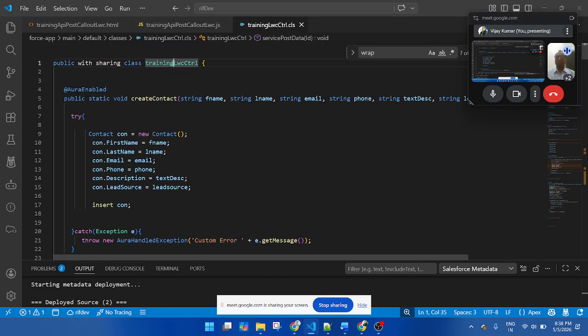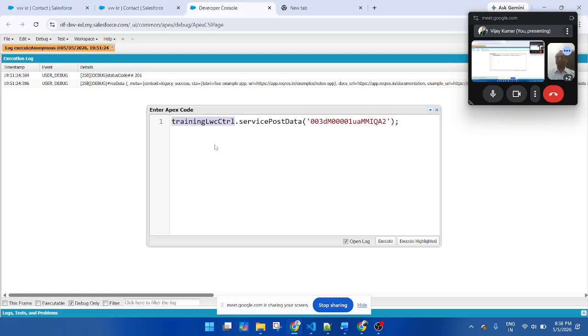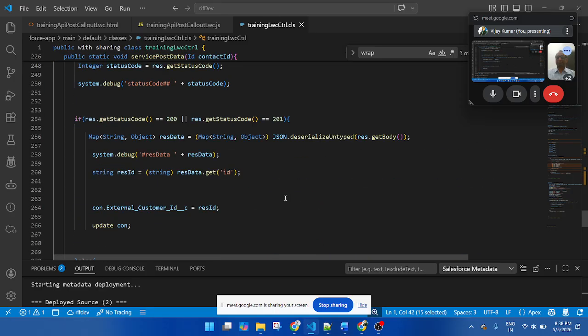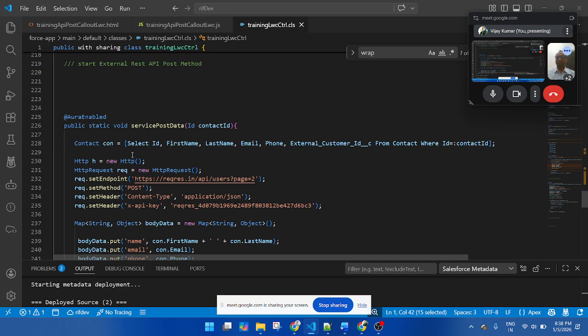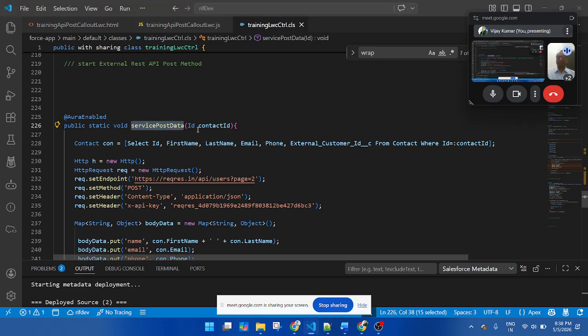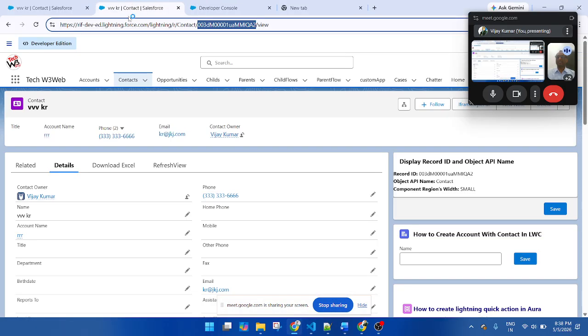So first name, copy. This is my controller. This is the name of the method, and this is an ID because in the parameter I am passing a contact ID. So contact ID, that means this one.